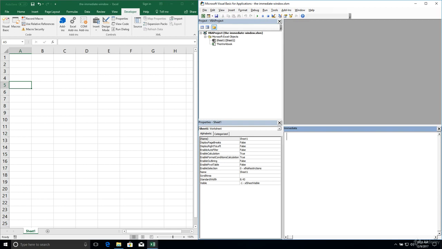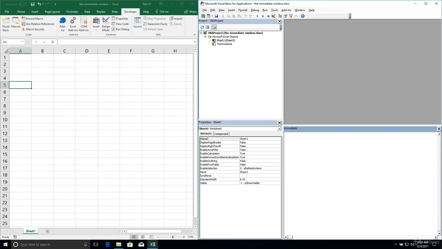Again, all of these tools, all of these aspects of the Visual Basic Editor are dockable. We made that happen in our settings configuration lesson, so we can actually move this around and place it on the left or on the right, but this is the traditional setup where we're going to have the immediate window at the bottom, and then the properties window at the bottom left, and the Project Explorer at the top left.